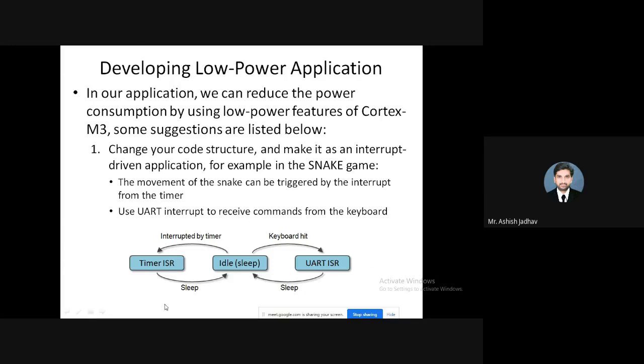This diagram will help you to understand this snake game very clearly.